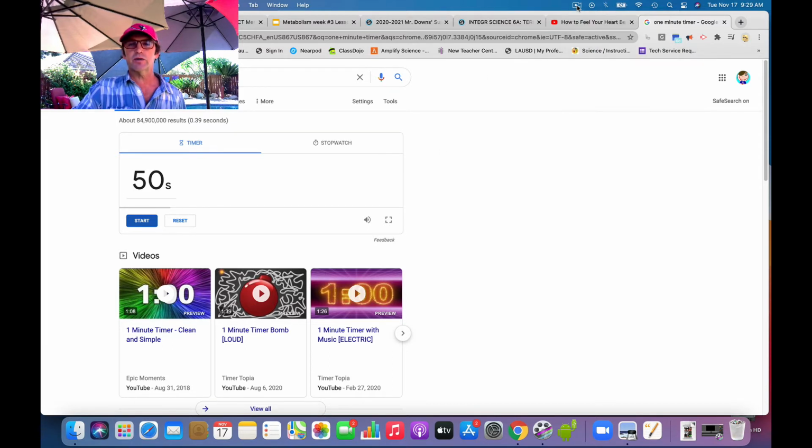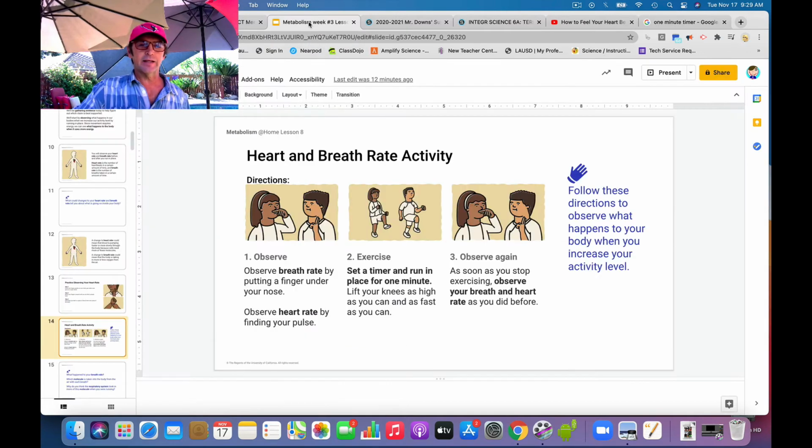So let's get going here and do our next activity. Guess what? We're going to run in place for a minute. Screens on if you can. Jumping jacks work. Hopping works. Little jumping jacks like this work. Running in place works. If you've got room, you can kind of run around your couch. You could even do push-ups. You could do some physical activities like this if you want. Any kind of movement right now. We're going to do that for a minute.